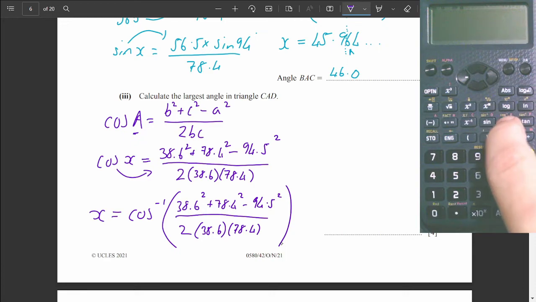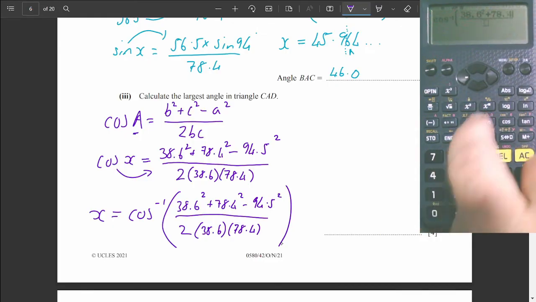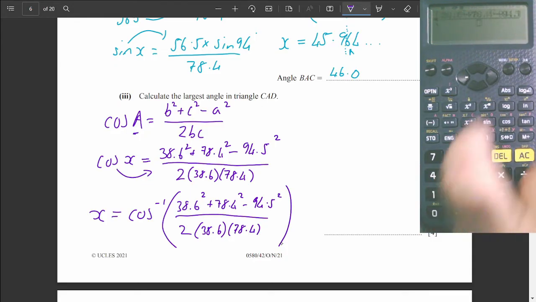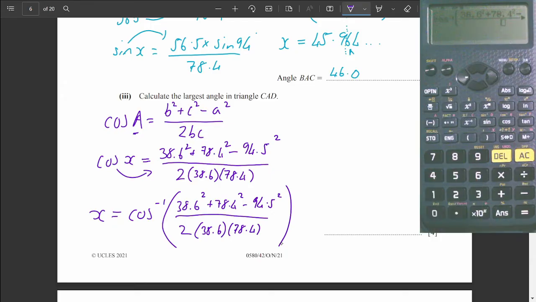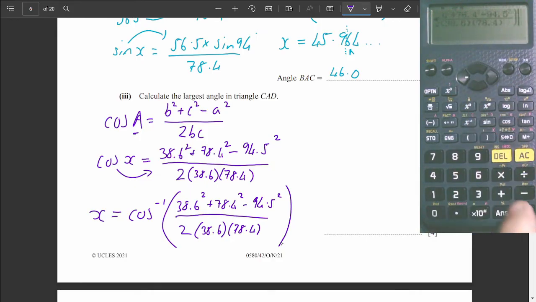Shift, cos, fraction, 38.6 squared plus 78.4 squared minus 94.5 squared, down arrow 2 times 38.6 times 78.4, close the bracket, equal. And I get X equals